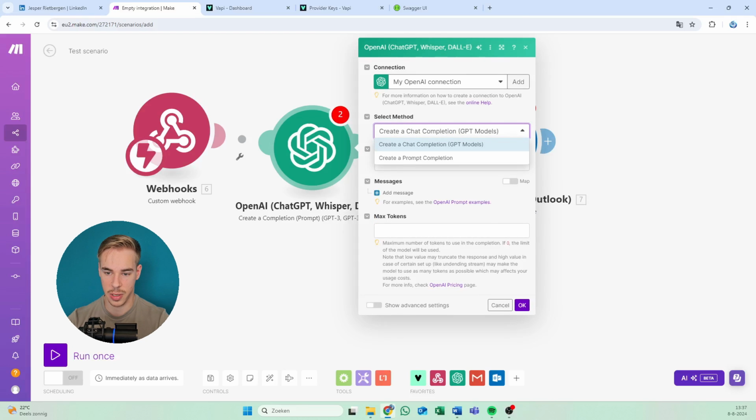Select method, we're going to create a chat completion. Every time you add a module and you're going to start to work with a new module, you're going to have to figure it out. Most of it is going to be logical. You don't have to get into the documentation. Sometimes you do, but if you understand a few modules, it's not like you understand all of them. Everyone is going to be a little bit different, but most of the time you're going to